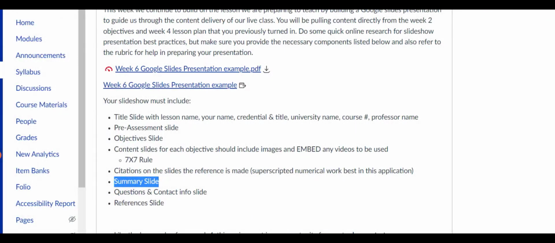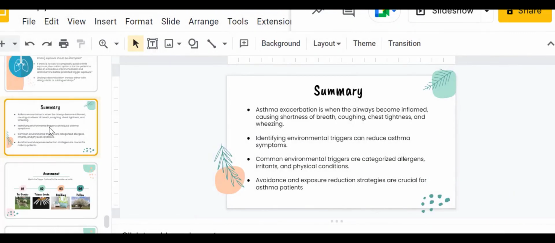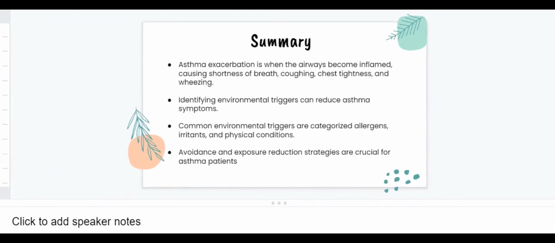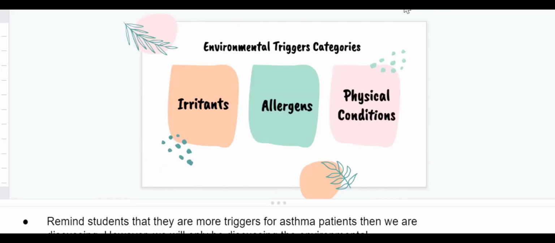Next criteria is a summary slide. The summary slide is just an overview of the full presentation. It should include your objectives. It can go into a bit more detail of that. Remembering the 7x7 rule of thumb, some additional tips and tricks that I'll pull directly from this presentation is this